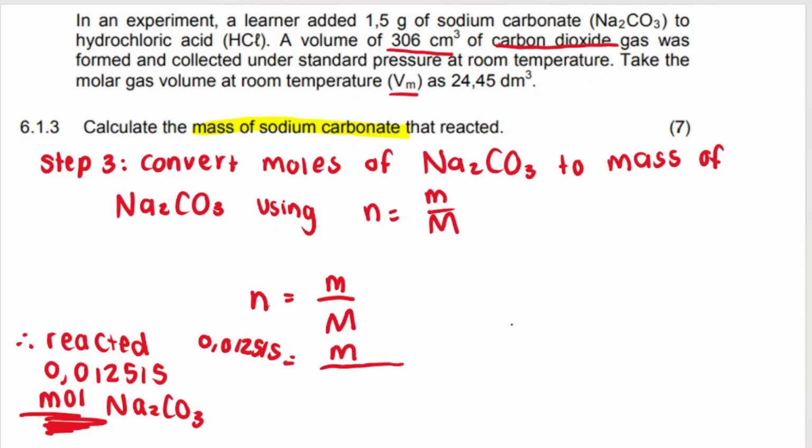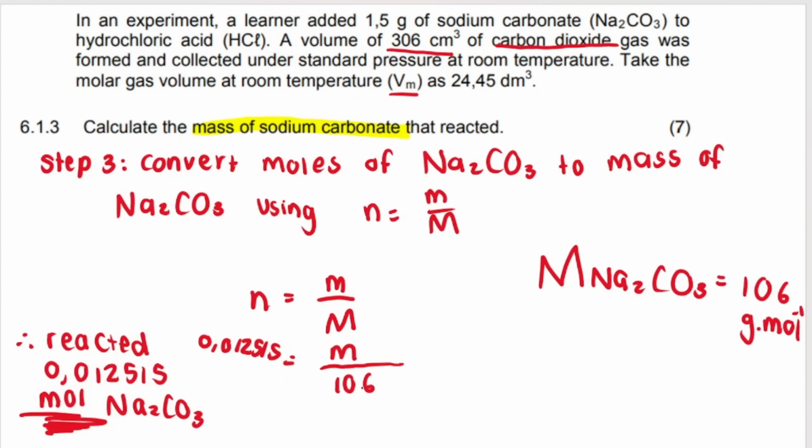And my molar mass, remember, it's the molar mass of sodium carbonate. So you work that out using your periodic table. And you get 106 grams per mole. So that goes in the place of big M. It's your molar mass, 106. And then to get your mass, you say 0,012515, so your number of moles times your molar mass. And what you get for the mass that reacted was 1,32659 grams. And you may round that off to 2 decimal places, so